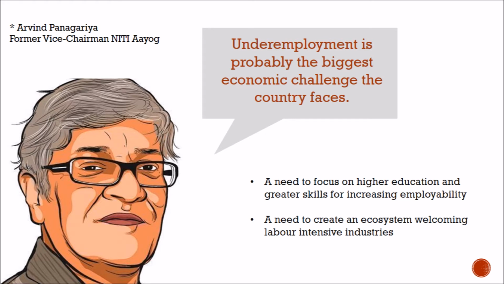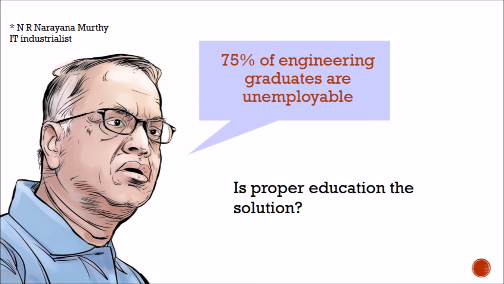What is needed is to create high productivity jobs that would also mean creating jobs in the formal sector, especially in labor-intensive manufacturing. Then there are industries which the country is strong at such as engineering goods, auto and auto parts, and pharmaceutical, but there is a need to further strengthen them, especially by removing obstacles they still face as exporters. Ex-Infosys chairman Mr. Narayan Murthy says about 75% of fresh engineers are not readily employable.